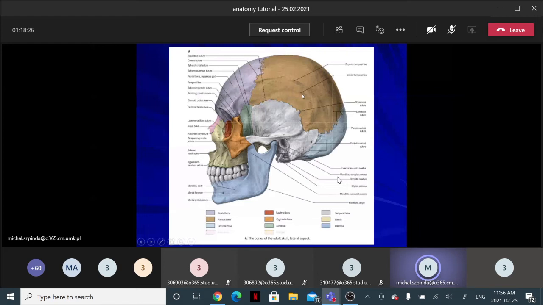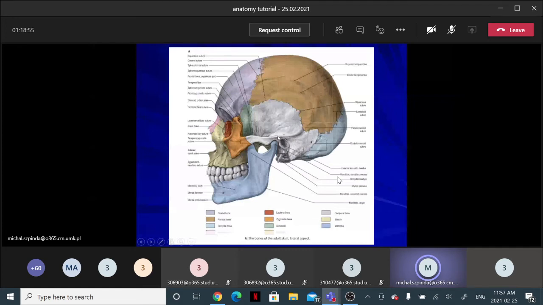It arches forwards and forms the supramastoid crest. The supramastoid crest is an osseous ridge just above the mastoid process, and afterwards it's continuous with the zygomatic process of the temporal